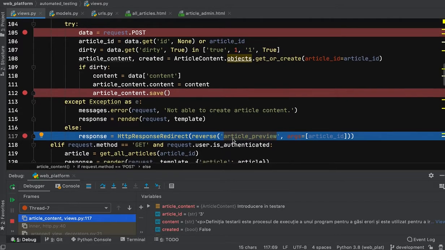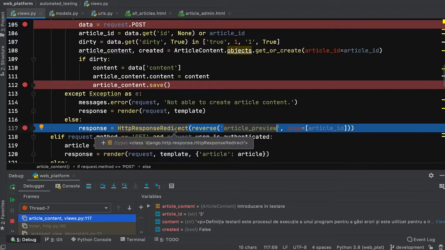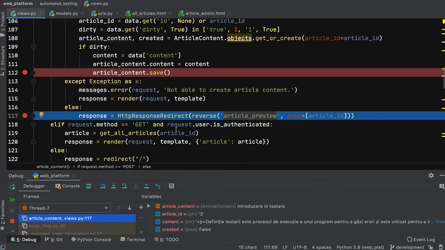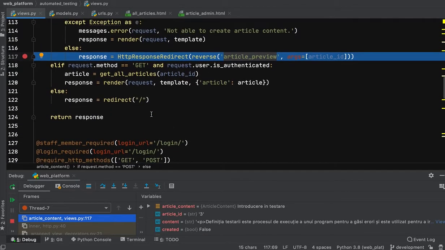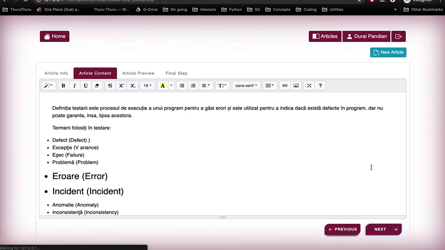This will not make two calls from the client side; it is an internal redirect. The reverse will look for this view, and then it will send us a response as a redirect. So that means we are going from this step to this step.